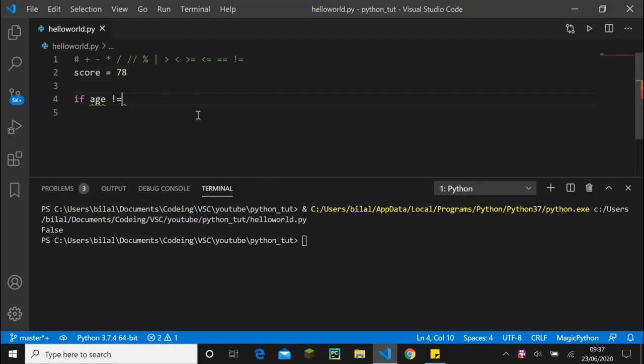If score is not equal to 100, so the max is 100,